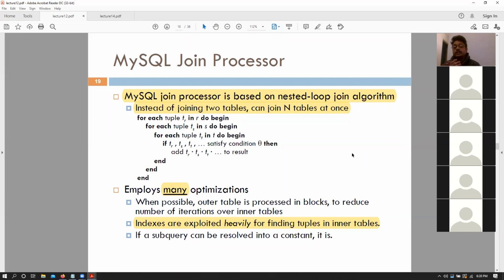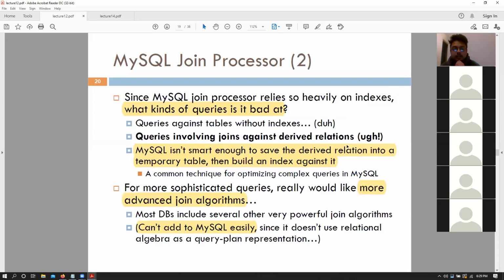It also uses indexes heavily. Whenever it is possible, it always tries to use indexes as much as possible to find tuples in the inner tables. So it optimizes the crap out of this thing, and even if it is a multiple nested loop for those join operations, it is still sort of fast, right? Well, I say it is fast, but for homework 4, part A, you would see that some of the queries are not, right? Okay. So, since